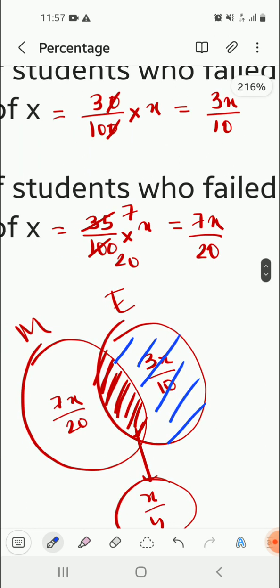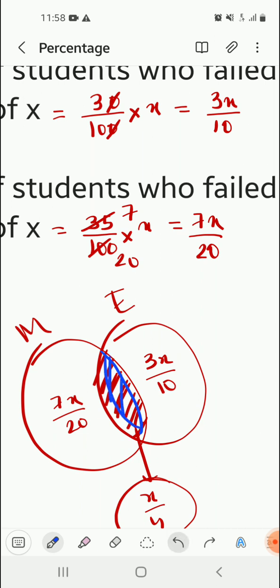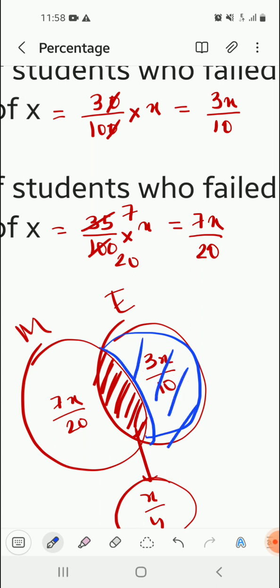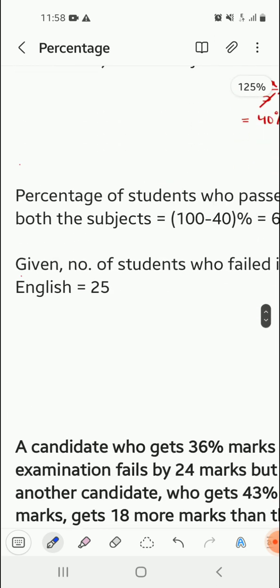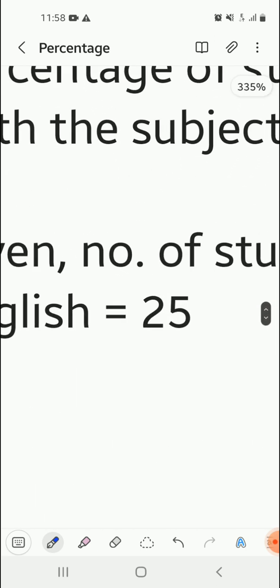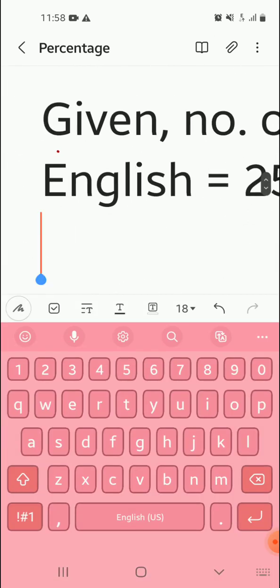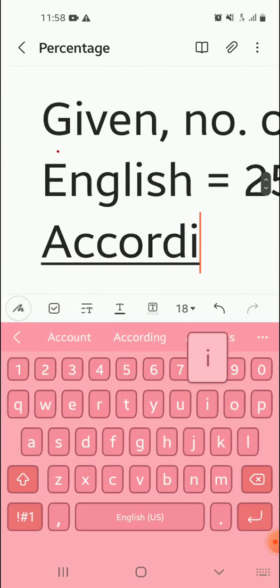It means that from the entire thing that we have, that is 3x by 10, we have to deduct this portion. Whatever we are left with, this part, is the number of students who actually failed only in English. So this is very simple. We can write it in this manner, as per the problem,